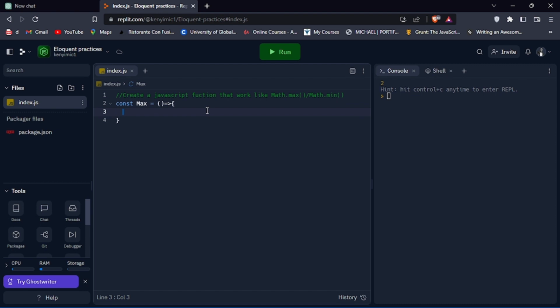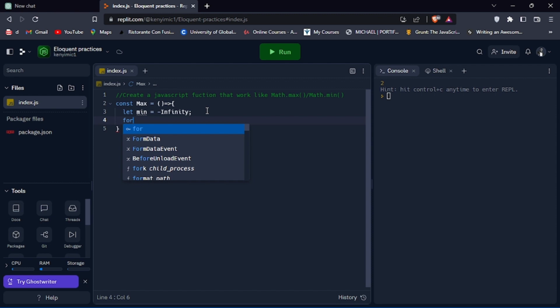Here we first need to define the lowest, or if we are working on the lowest, we define the highest, minimum or maximum, so to speak. Let's just say our maximum value, so to speak. But here we are going with minimum, so our minimum is negative infinity. And if you're asking why I'm using negative infinity, the reason is that negative infinity is the lowest number possible you can find. Now what we need to do is loop through numbers, but first, before we go forward, we need to make sure that we spread